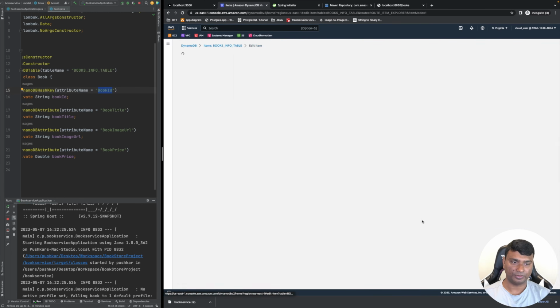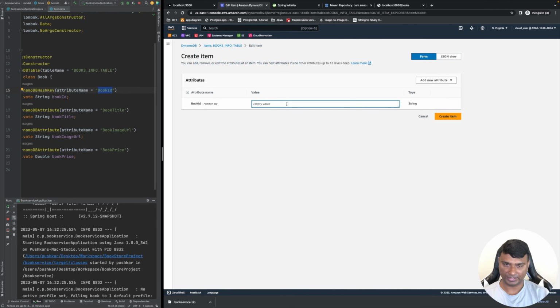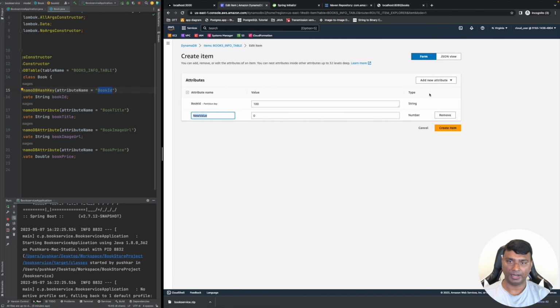Okay, so let's go and create. For book ID, let's say the book ID is 100. Then add a new attribute, and the new attribute name is book title. Book title is... oh, why is it a number? It will be a string. Book title is